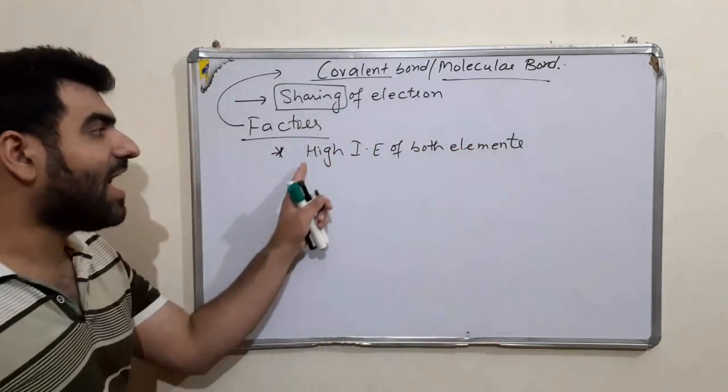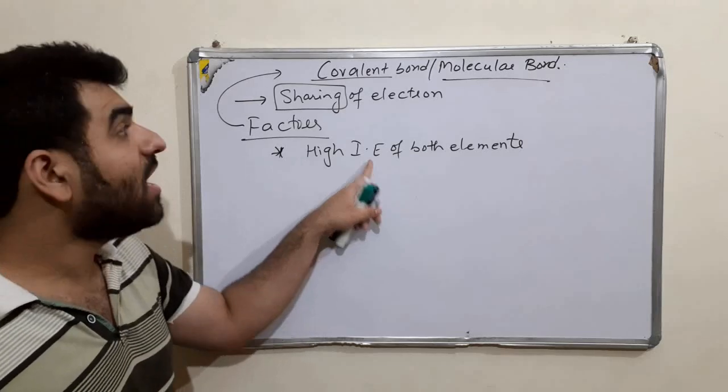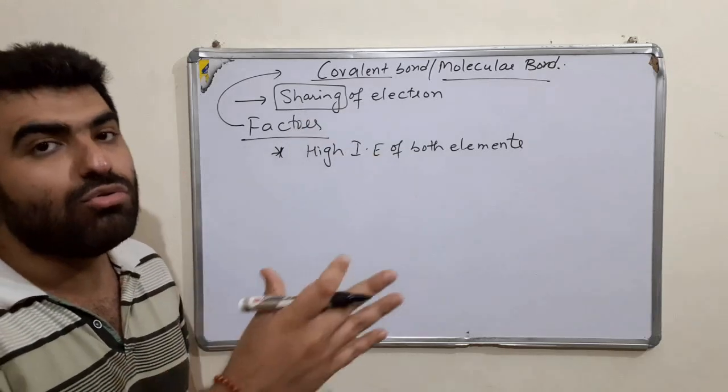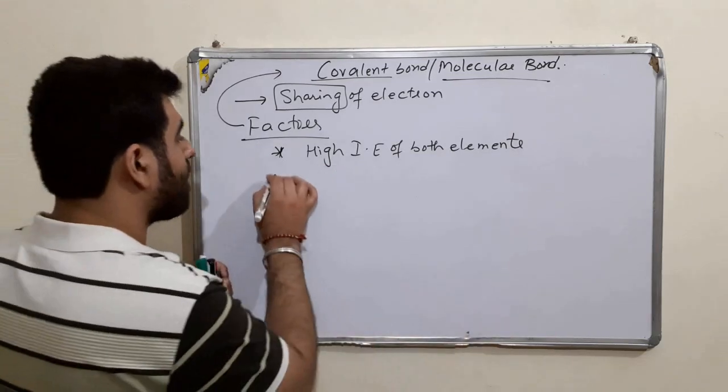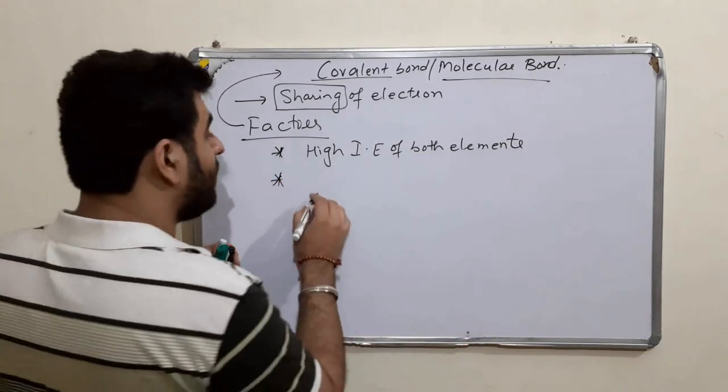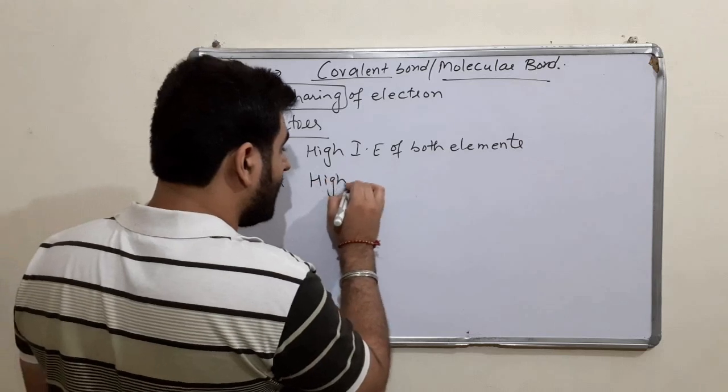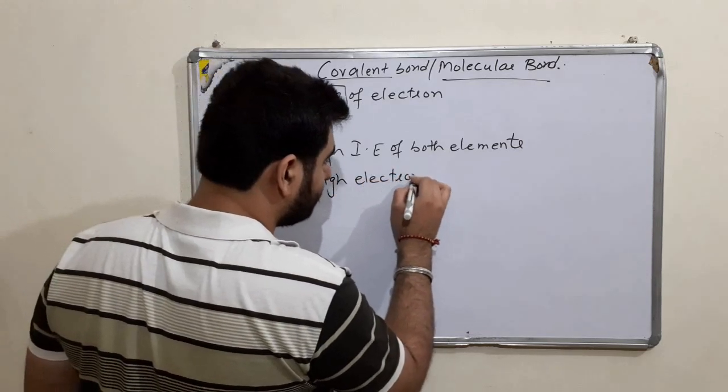Both elements will have high ionization energy, meaning none of them is able to lose an electron. None of them is able to lose an electron. Then there will be higher electron affinity